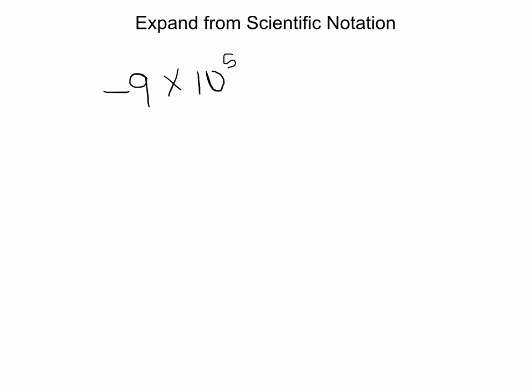Alright, let's do this last number, just for practice. Once again, we have a negative in front of the constant, and this time we have a positive number in the exponent. So 9 times 10 to the 5th, or 9 times 10 to the 1, 2, 3, 4, 5. Even though there was no decimal there, we assume that there's one there. And we want to keep the same precision, so we're going to write this number as 9, 1, 2, 3, 4, 5,